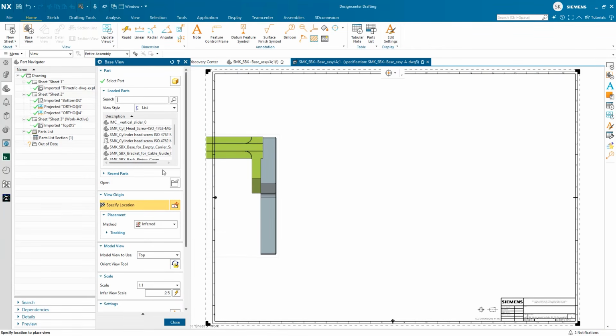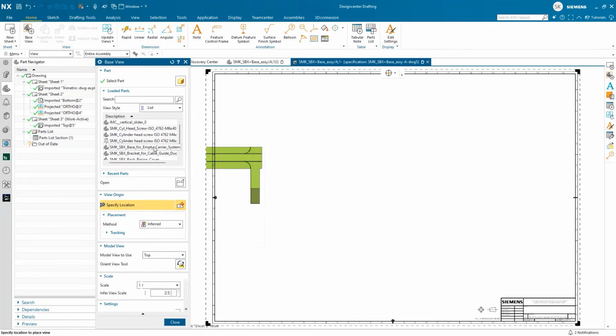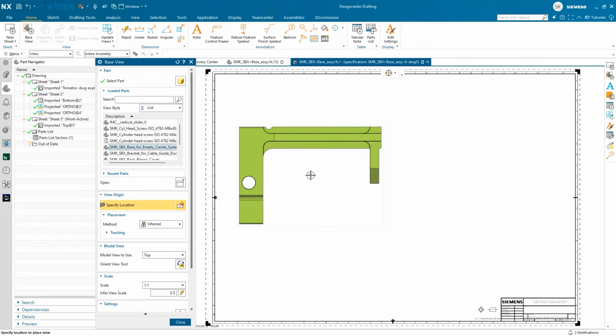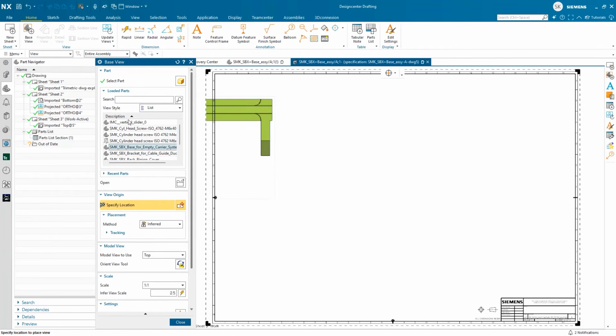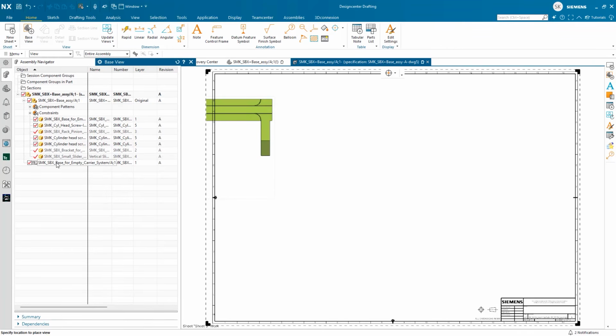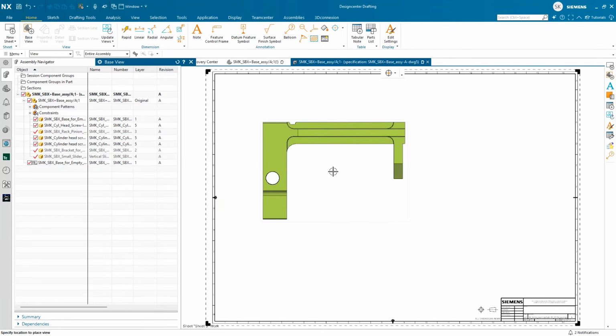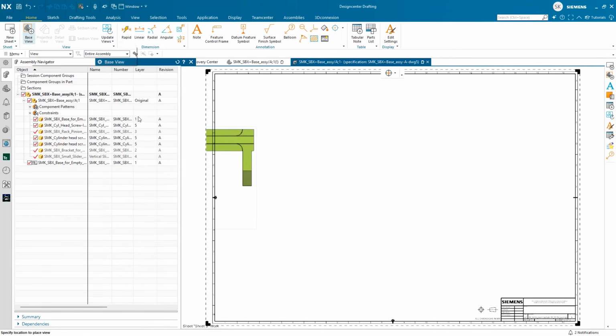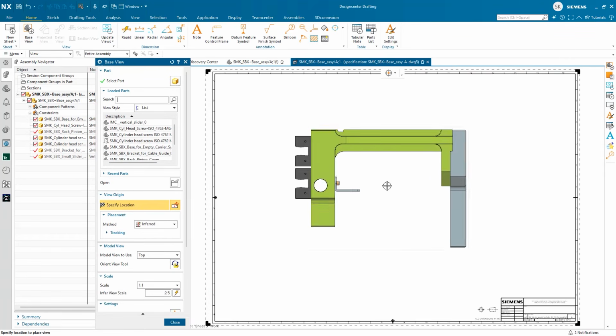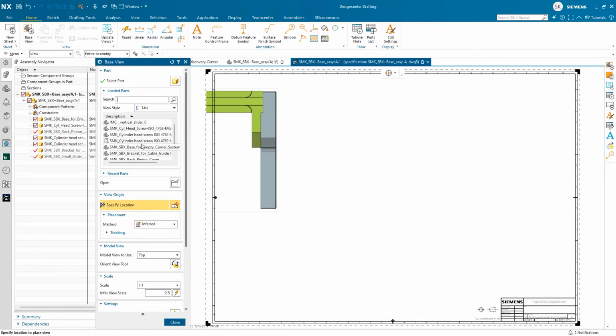This is where some of the layer settings become critical. Now I can select a particular component from a display part. Currently those parts are loaded, so I can use that. But the minute I add that particular view in my assembly structure, you will see it indicating, hey, you are grabbing a particular component and adding that component to this drawing.